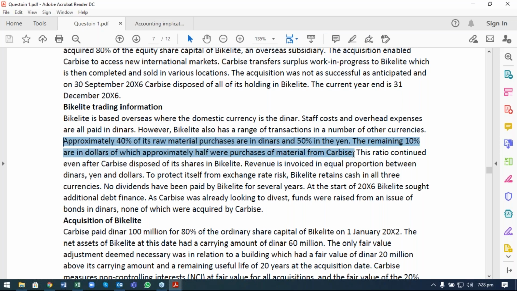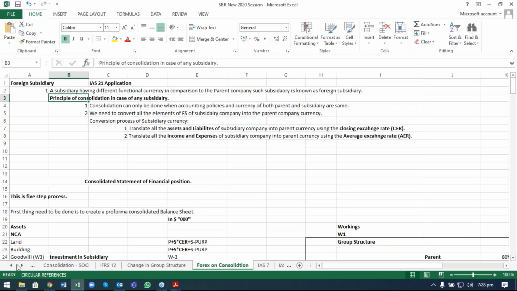So we need to ignore this one, and we can show that the yen is the more important currency in this scenario, which shows that the company might have a functional currency which could be considered as yen. But if I look into the next portion of IAS 21,